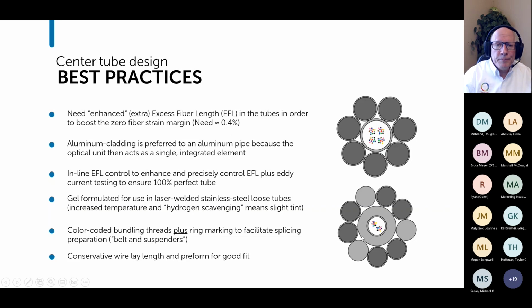If you're using the aluminum, there are two ways of doing it. You can take a stainless steel tube and put it into an aluminum pipe, or you can clad the stainless steel tube with aluminum. So it's NCAP's opinion, my opinion, that aluminum cladding is better than just putting it in a pipe, because you get an optical unit that acts as a single integrated unit. Whereas if you put a stainless steel tube in an aluminum pipe, you can get twisting or relative movement, and that can cause problems in the field,